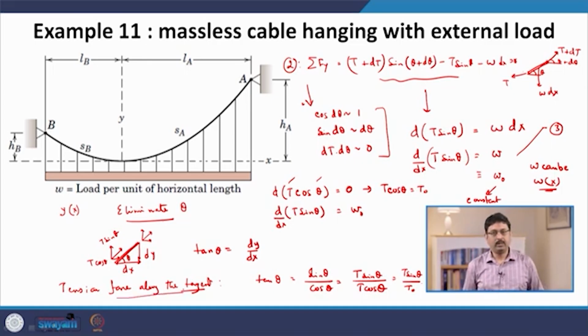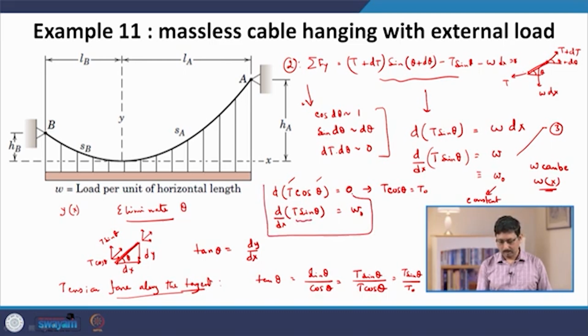We can exploit this fact to eliminate theta. So, how do we do that? This is now the vertical component. So, what we have got is that the horizontal component is constant, and there is a differential equation in terms of the vertical component of tension. So, you take this equation and take a derivative with respect to